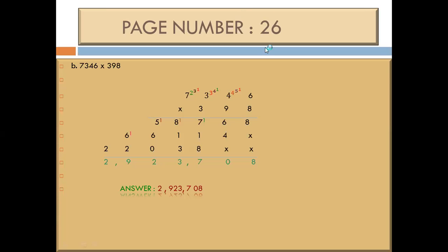Again I am telling you, tens place multiplication. 9 sixes are 54. We put there 4 and we carry 5 on 4. 9 fours are 36. 36 and 5 is 41. We write here a 1 and we carry 4 on 3. Again 9 threes are 27. 27 and 4, 31. We write 1 and we carry 3 on 7. 9 sevens are 63. 63 and 3, 66. We have completed our multiplication on tens place.